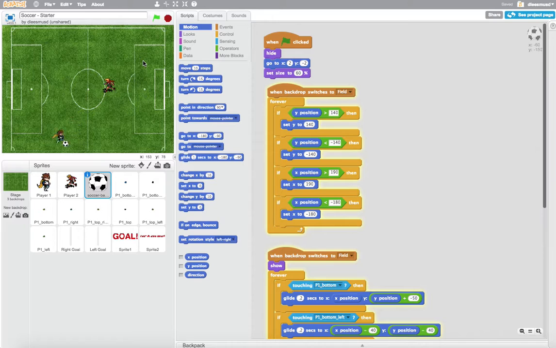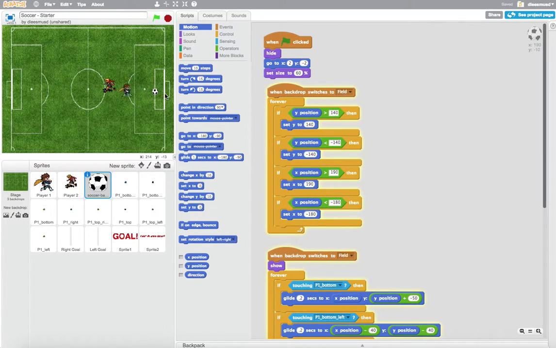And so what about the left side of the screen? Let's go and kick it over there. Okay, so now it's on the left side of the screen. I can come around and I can bring it back into play. So everything looks good, and the only thing here that's a problem is when I kick the ball into the